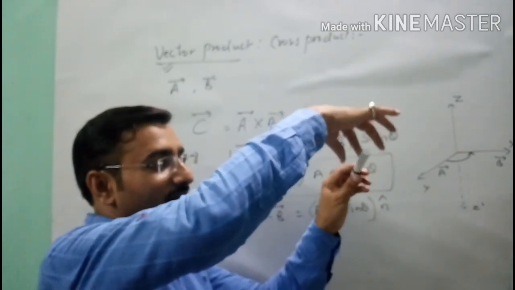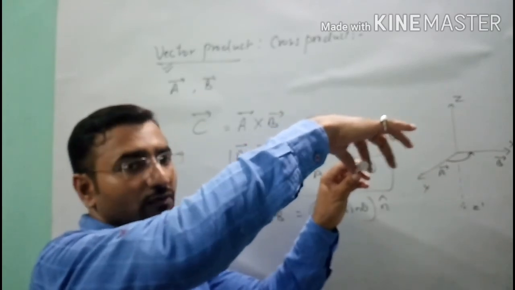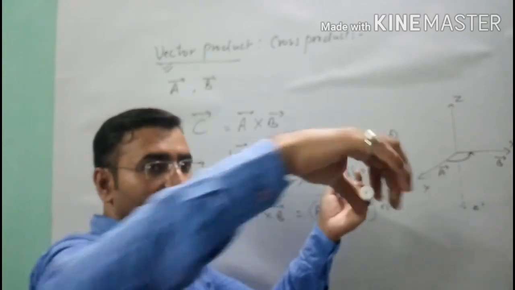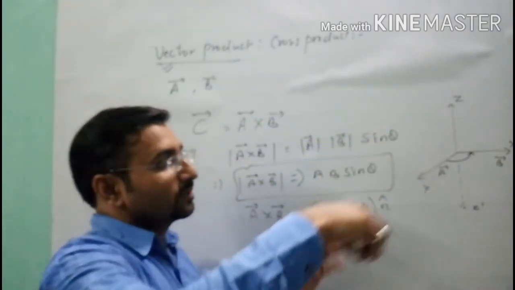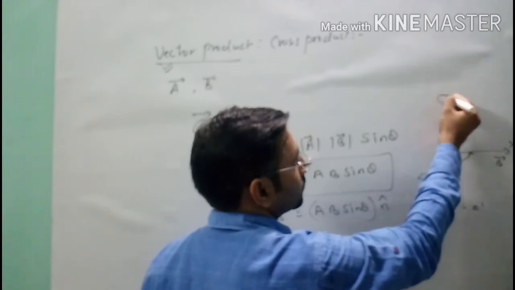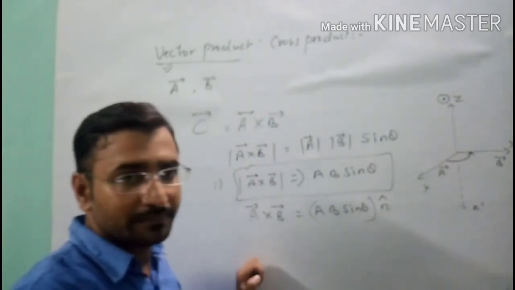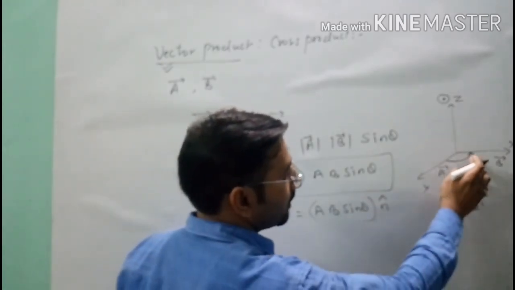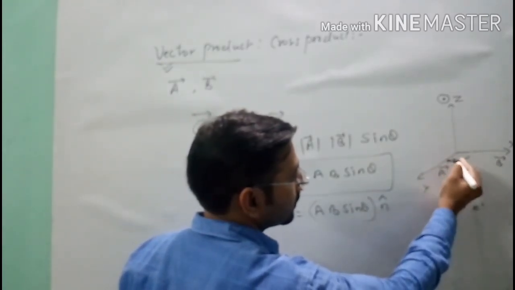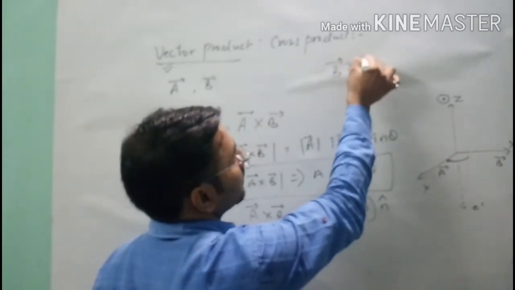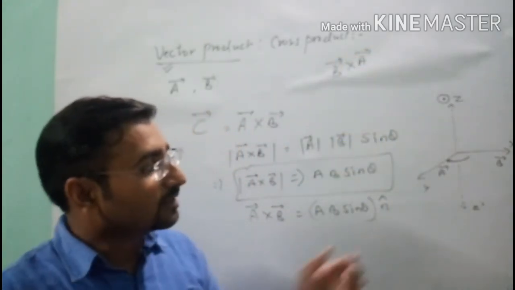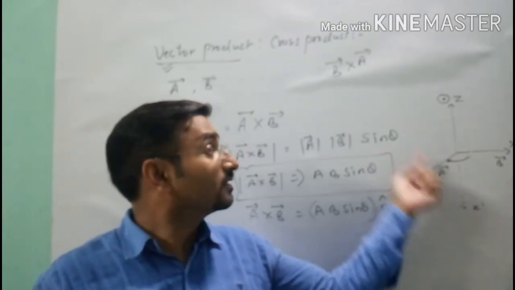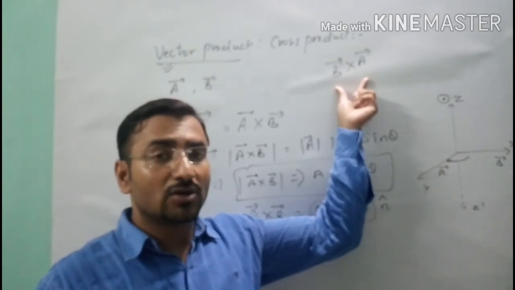It means that the direction of the cross product of two vectors, which is A cross B, is normally outward, means normally outward to the plane. So the outward direction to the plane I am denoting by this dot symbol. And after that, suppose we are talking about the cross product B cross A, means we are rotating our screw from vector B to vector A, that will represent our B cross A value.